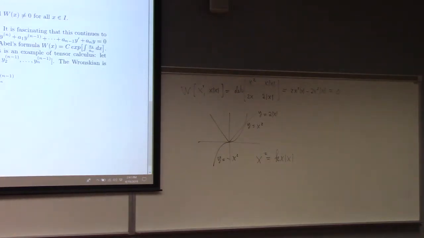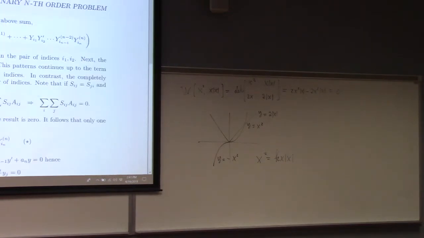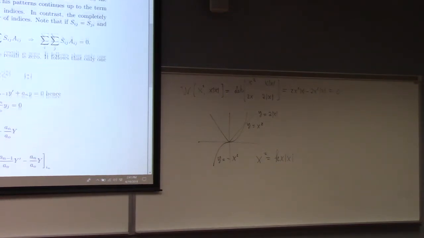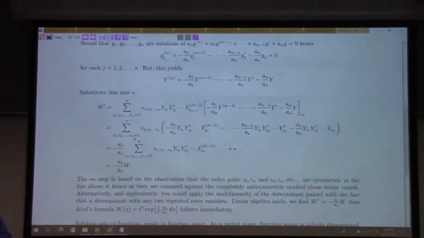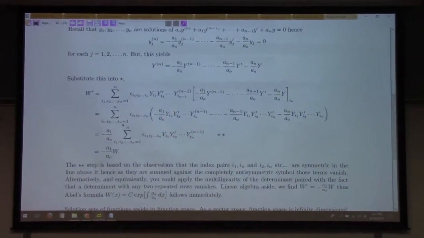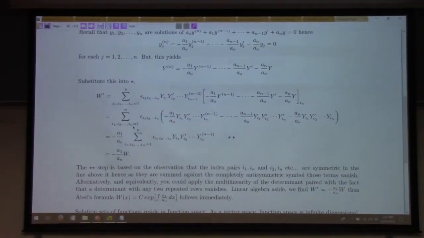You can also calculate the Wronskian for the nth order problem if you're willing to do the tensor arithmetic. Even for the nth order problem, the Wronskian still satisfies this differential equation, which you can separate and integrate. Abel's formula is general. It's not a second order thing, it's an nth order thing. And so the long and short of this is, when